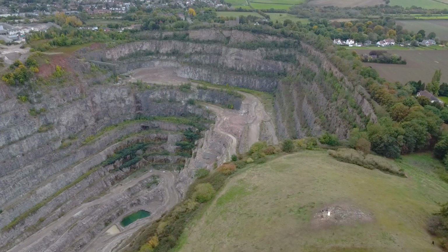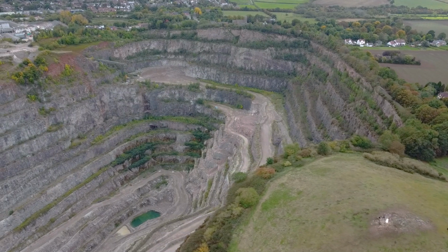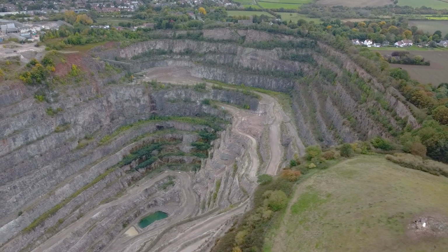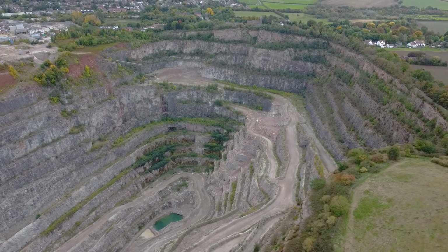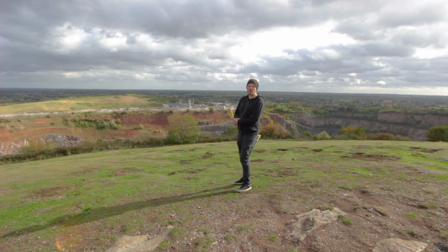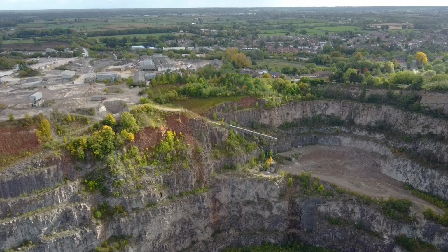The hill is great and all, but I did mention a rather impressive quarry, and if you look to the other side of the hill, you can't miss the massive Croft Quarry. Quarrying has been going on here since the early 1900s. In 1995, permission was granted here to excavate up to 45 million tonnes of materials, and at a rate of 2 million tonnes a year, which is what the quarry is capable of, this was pretty much done and dusted